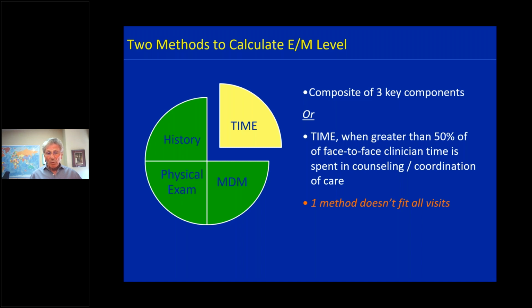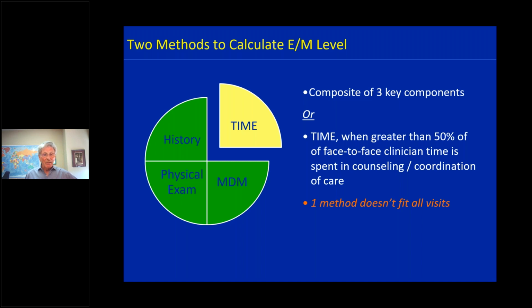And in the family planning world, for the most part, for a typical family planning visit, we were billing on the basis of time, because in family planning visits, with the exception of IUDs or implants, most of that visit is nowadays spent in counseling and not very much in physical assessment. And so historically, we have billed most family planning visits based on time. Most STD visits, particularly when a physical exam was involved, were billed on the basis of the 3 key components of history, physical, medical decision-making. So the important point here is that this approach that we've been doing for decades is now gone. It's been replaced.